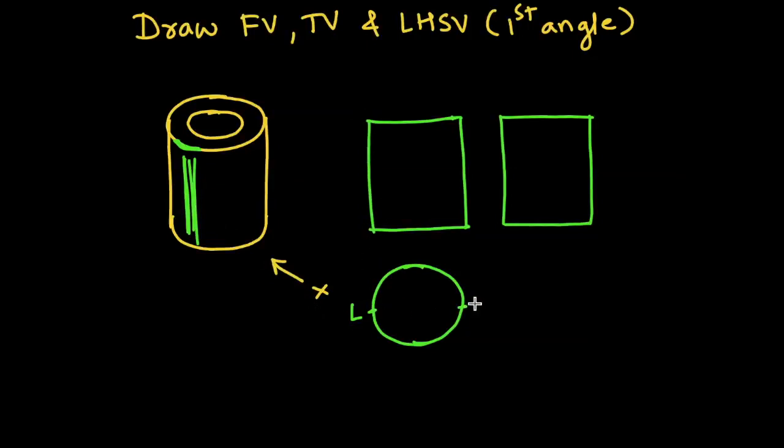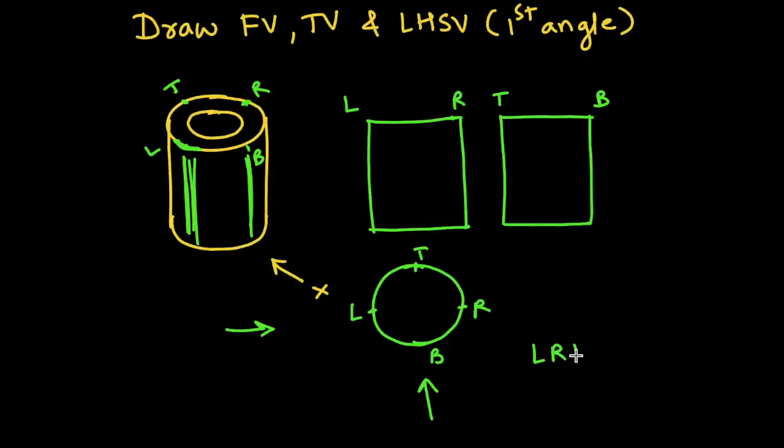Right? Same way we will have the extreme right portion also, where that curved surface will again appear as a line. So that also I will write. So in the front view, when you see from here, you will see two lines, right? Same way in the side view, you will see this extreme top and extreme bottom. Again that curved surface will appear as a line. So when you generally draw, in the side view you will get two lines, in the front view you will get two lines. This concept is called LRTB: extreme left, right, top and bottom.